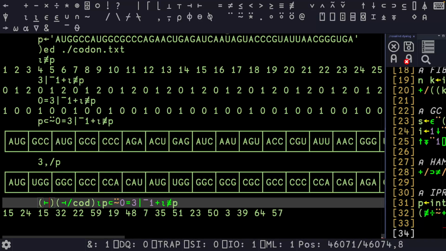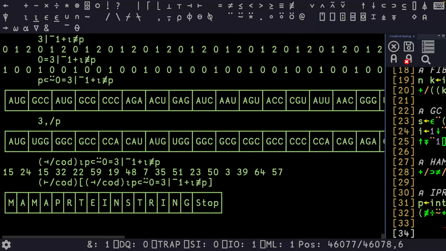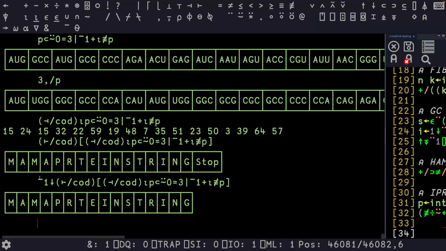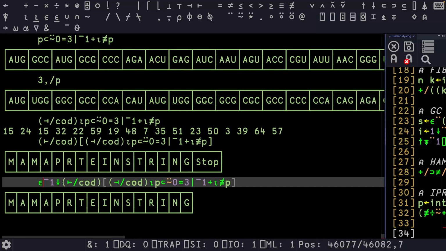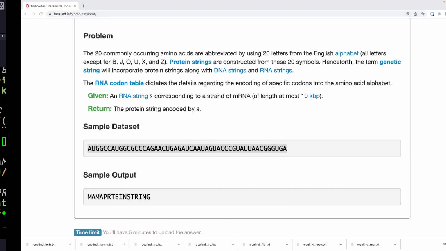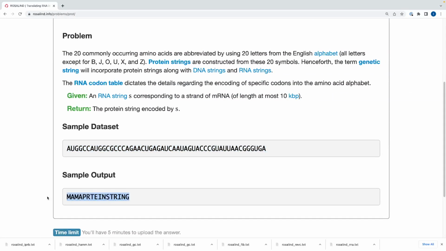And then we use the rightmost column of cod to index into this thing. Oh, there's a stop codon on the end, so we'll drop that. And then we just enlist mama protein string,